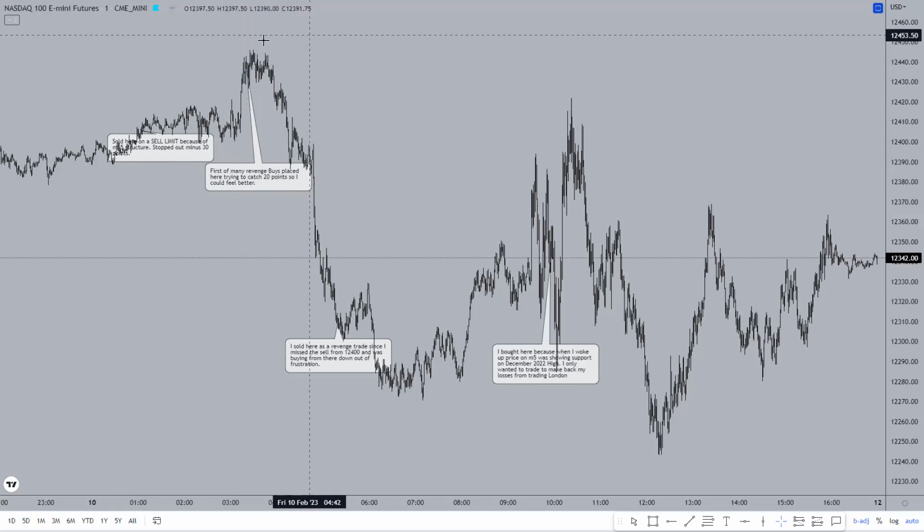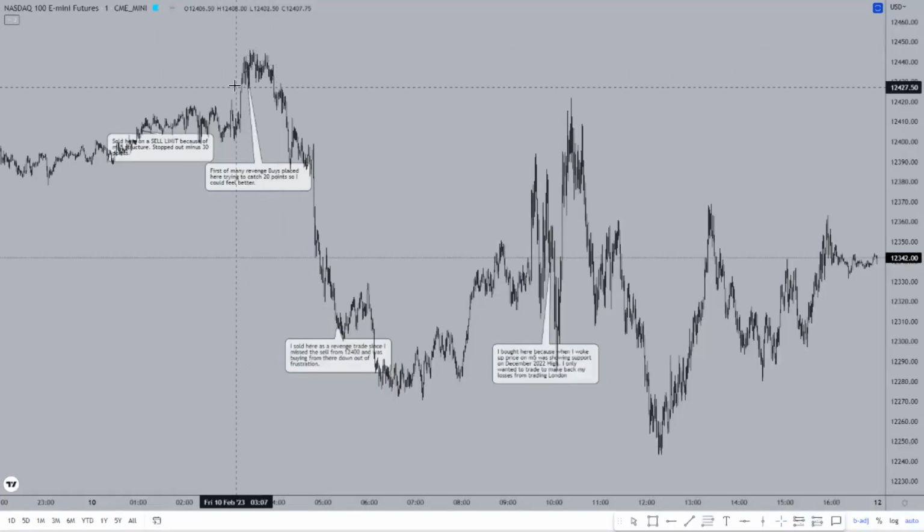I wanted to capitalize off of that push, in a sense, that follow through, and then I was going to hop in and sell. But what ends up happening is, as you can see here, it says first of many revenge buys. So like I said, it was already a trade that I took out of frustration. There was no real reasoning or sound logic behind it outside of the fact that I had just lost on the sell. So I wanted to profit off of a buy,